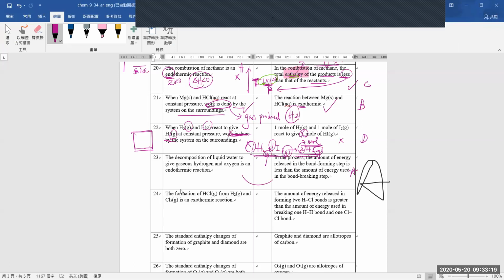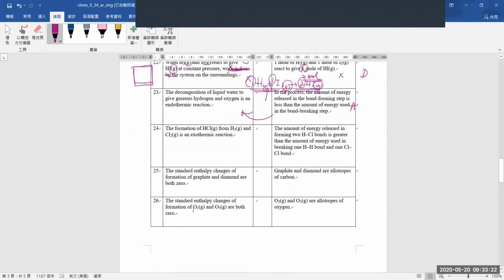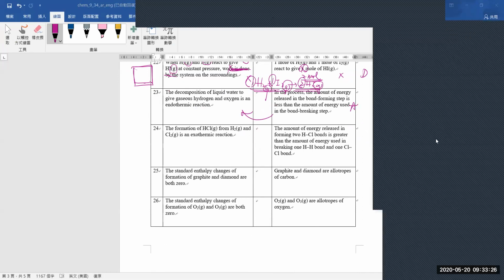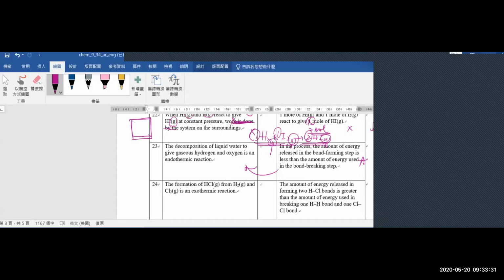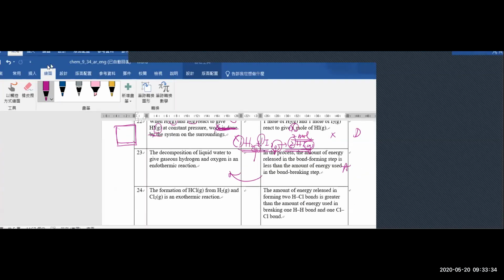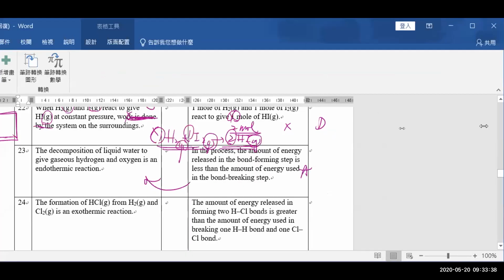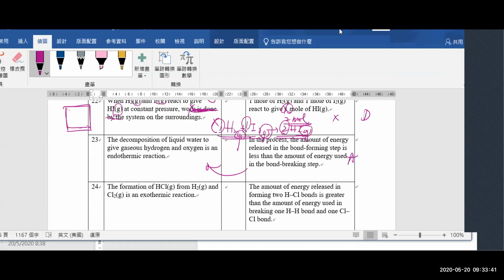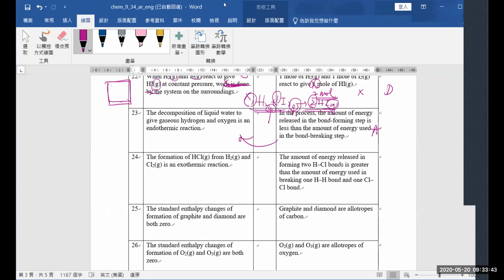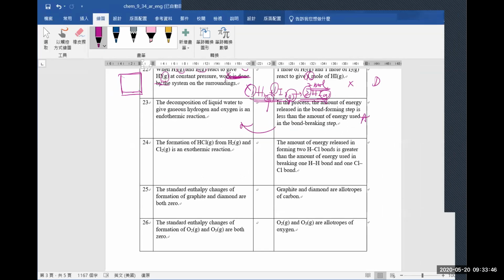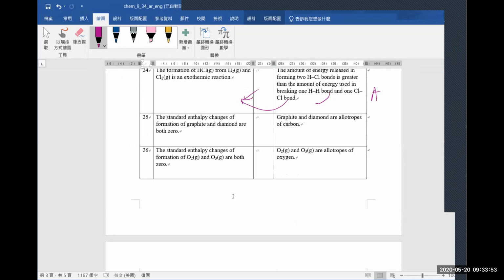23A, cause and effect. Okay, no need to explain. 24. Next, who is the next guy? Zhu Zhenfei. 24, also A, cause and effect, right? You can explain. 25,